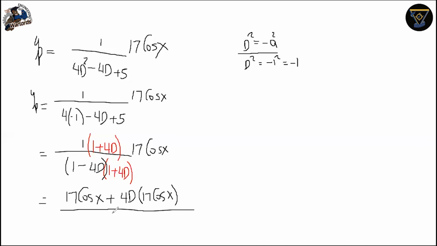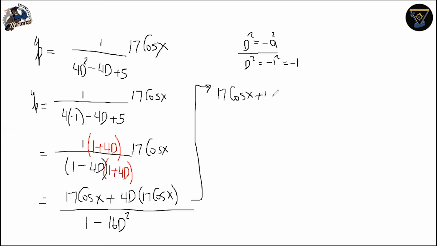When you multiply this out, you're going to get 1 minus 16d squared. I remember that we have this, right? Again, remember what d squared is. d squared is minus 1. So that's all you're going to do. So you're going to have 17 cos x